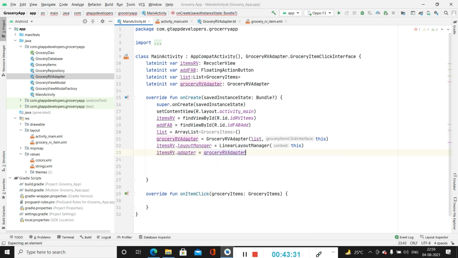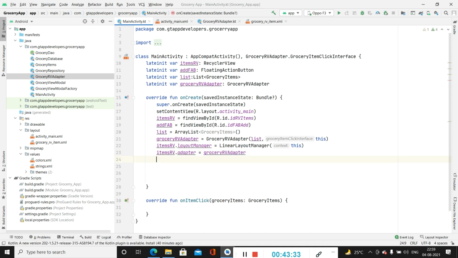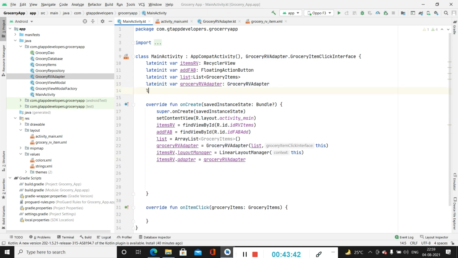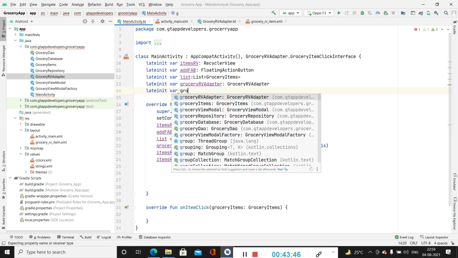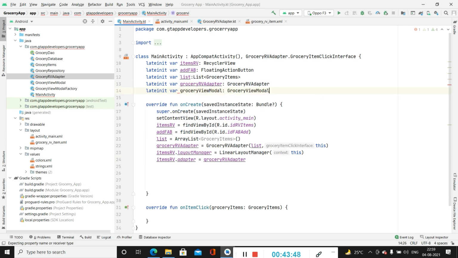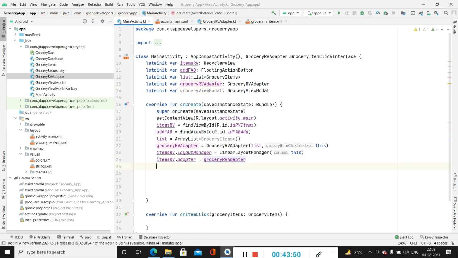Now after that we have to create one more variable for our grocery view model. So for that we will be creating one more variable which will be used to access the data from our view model, that is grocery view model, and we will be initializing this as well, that is grocery view model provider.